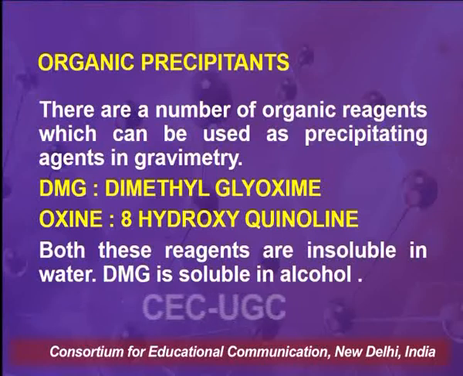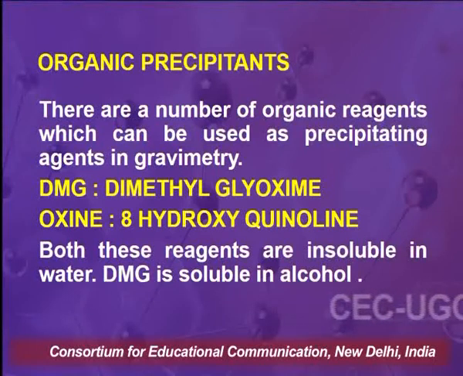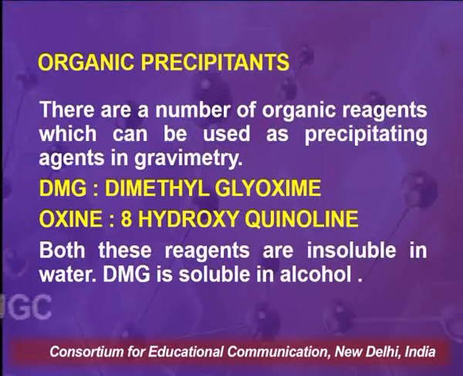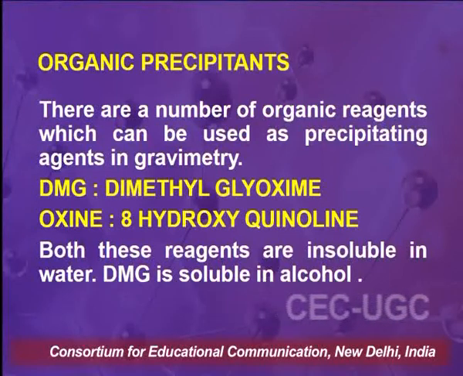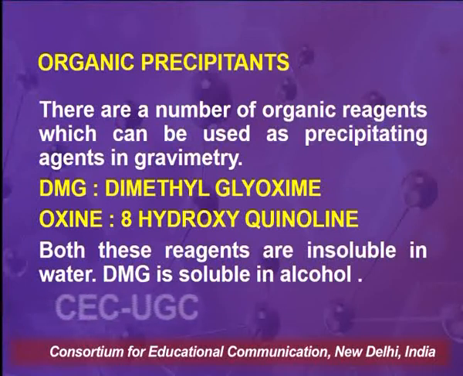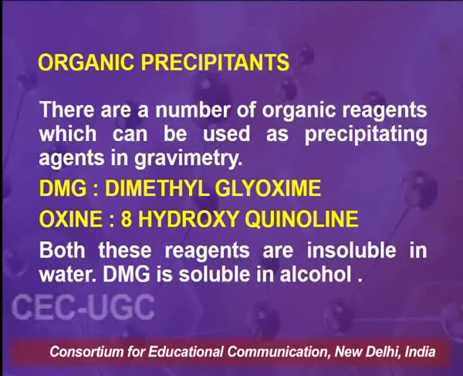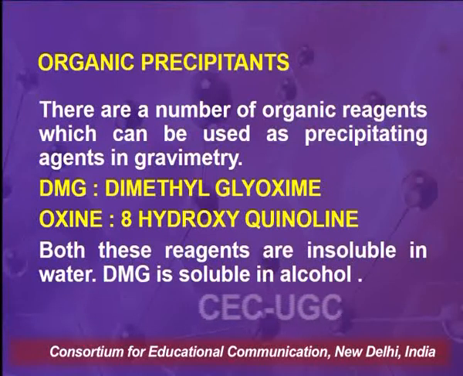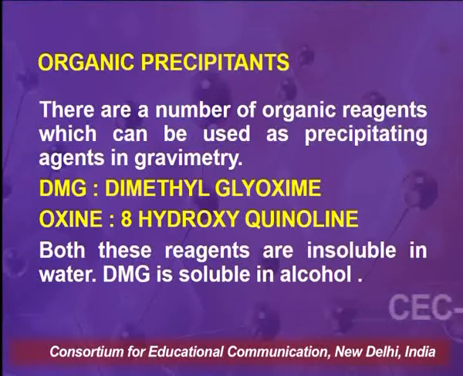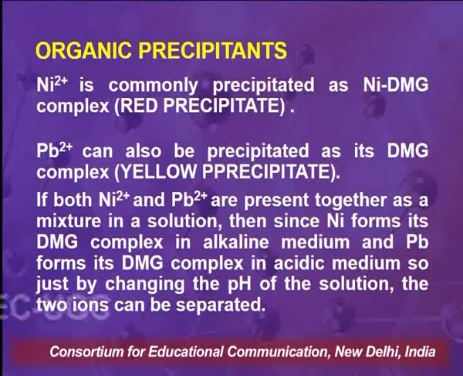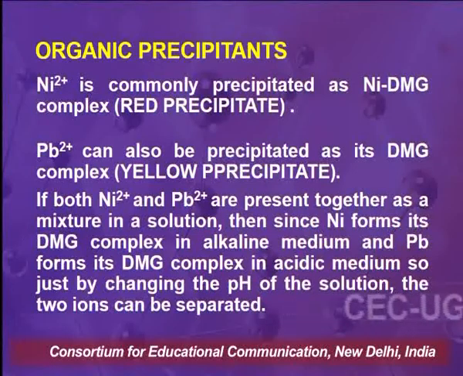Therefore, some other organic solvent is used to prepare a solution of either DMG or oxine, because all the reactions which take place are taking place in solution. Therefore, the precipitating agent should also be in solution form, and DMG or dimethylglyoxime is soluble in alcohol. So, to prepare DMG, alcohol and concentrated sulfuric acid are added, and the DMG solution is prepared in 1% alcohol solution. Nickel ion is commonly precipitated using dimethylglyoxime, and it is precipitated as a nickel DMG complex, which is very